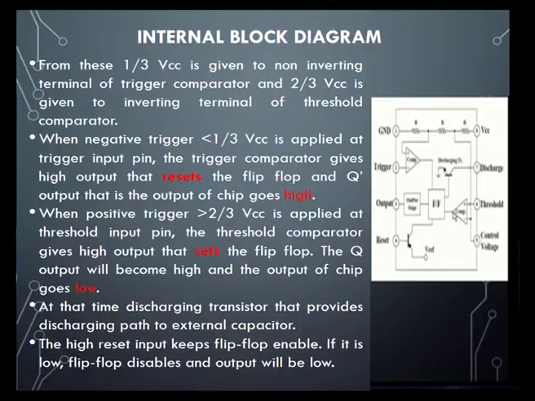So, this comparator will help to set the flip-flop, and the other comparator will make it reset. Hence, this threshold comparator will set the flip-flop, and the output of the flip-flop will be in a low condition. At that time, when the output of the flip-flop is low, the capacitor is going to charge. So, this gives us a clear picture of how the internal connections of the flip-flop, comparator and voltage divider circuit will be.